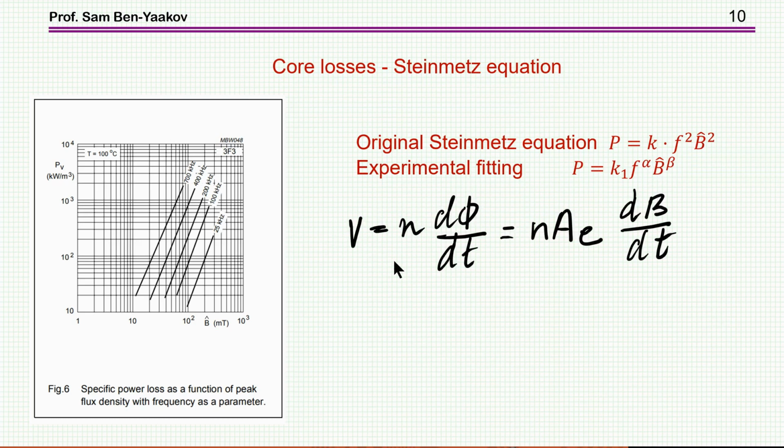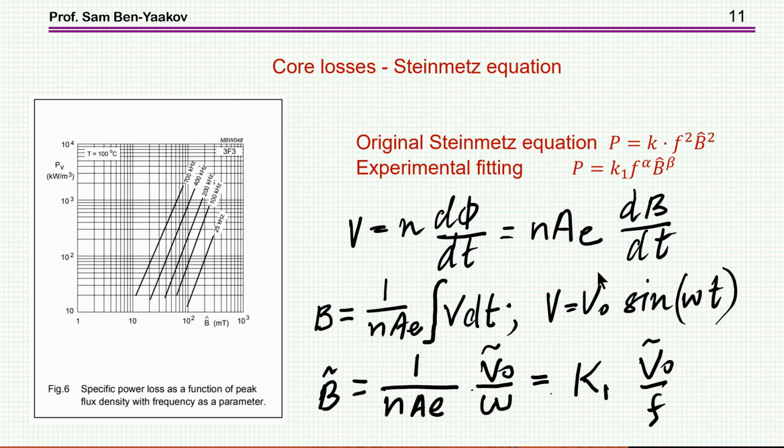So we start with Faraday's law again. We have V is N d phi dt. Then we take out the cross-section area, so it comes out to be N times the area dB dt. Now we can find out what is B, which is the integral of the voltage, times 1 over N, the cross-section area, assuming a sinusoidal excitation,